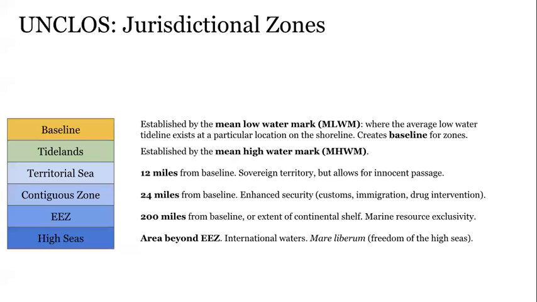And then the high seas. The high seas are the areas beyond the exclusive economic zone in international waters, and that's where mare liberum is at its strongest, the freedom of the high seas. That notion still holds true for everyone. There are no limitations, for the most part, unless there are other agreements that nations agree to. But as far as UNCLOS is concerned, the high seas are these international waters where everybody has, relatively speaking, equal access.